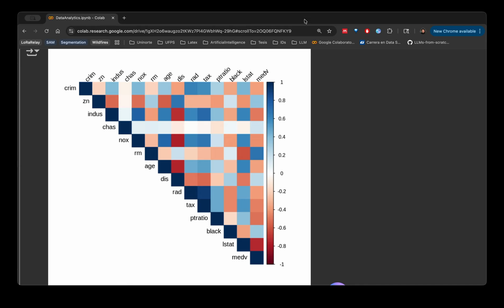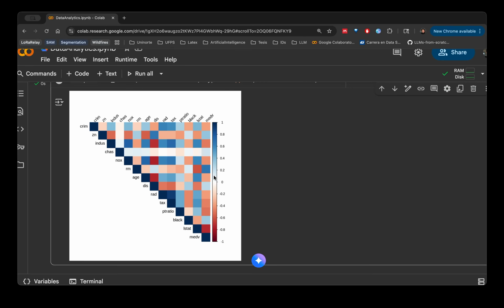For example, this variable over here, which is the rooms, has a positive and high correlation with this other variable here, which is the median home value. And this makes sense because more rooms in a house often increase its value, right? Okay,